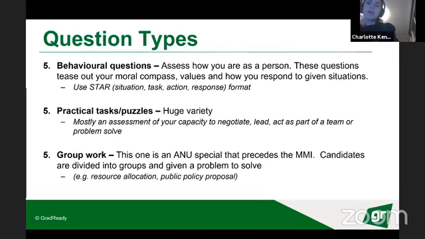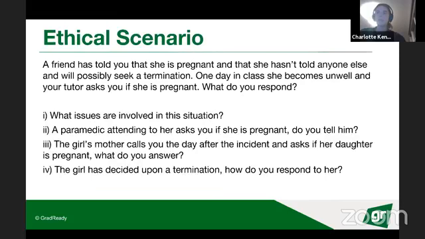For the next one, group work. Someone's asked a question on Facebook saying, does everyone get a chance to answer the question in a group interview? For group work, they'll probably have some kind of framework to allow people to answer some part of it individually. Otherwise, you just need to take the initiative and make sure that you're speaking up and not letting yourself be shy and fall to the back of your group. But at the same time, don't be overbearing. Again, it may not happen this year because you can't be in a room with that many people.